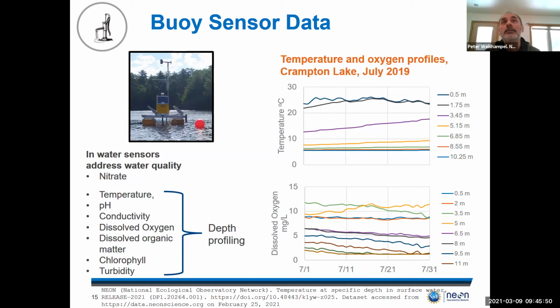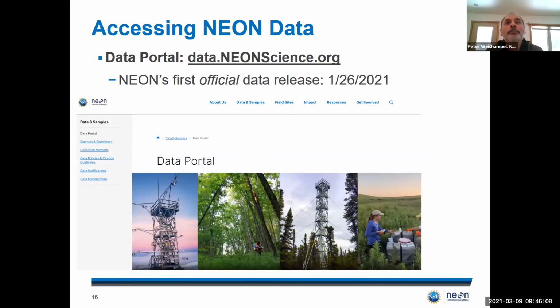The NEON project is designed to last for 30 years. I mentioned at the outset, we're interested in addressing long-term ecological variables. I don't think I mentioned the time horizon for our project. Officially, we started in 2019. Our first official data release was just last month, at the end of January, actually. We're in March now. So again, our data is accessed at